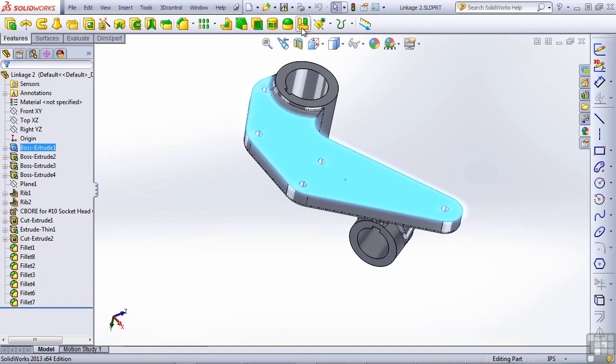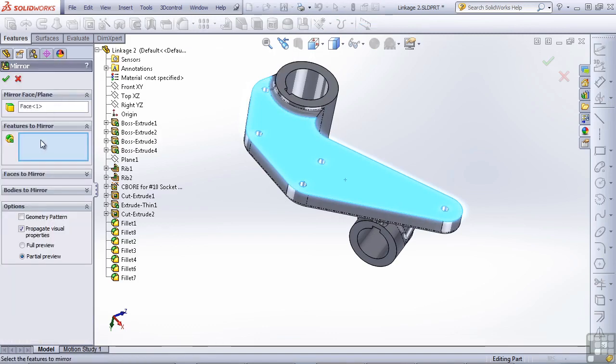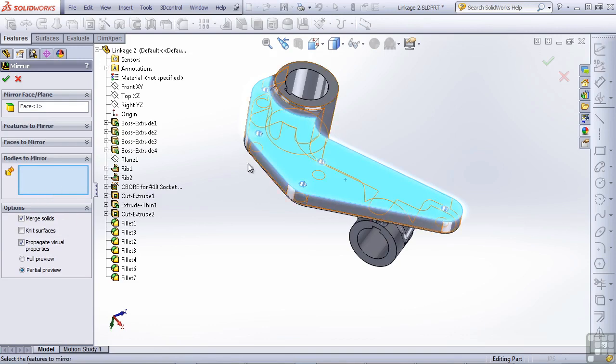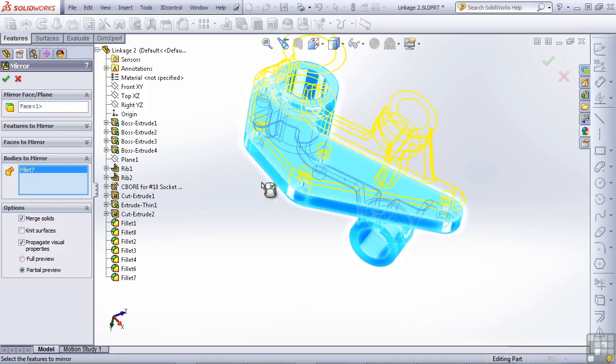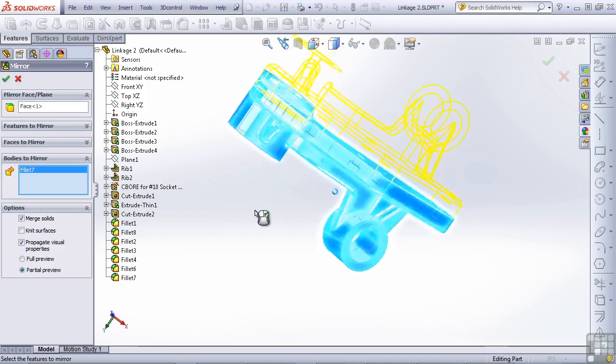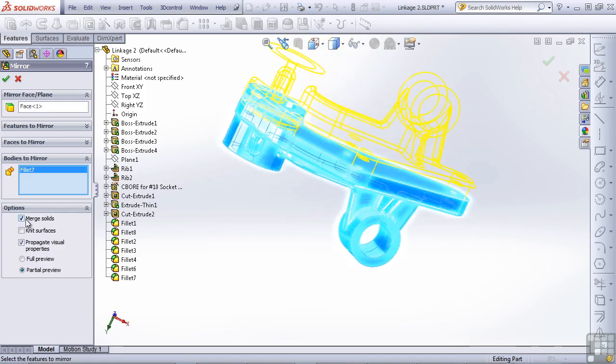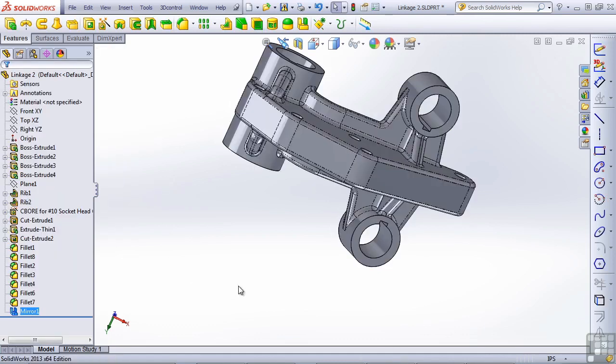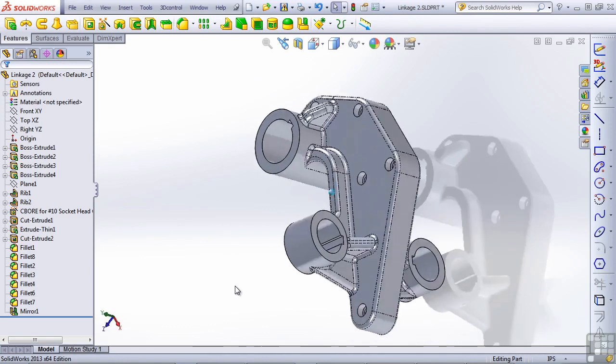So if we use the mirror command, and rather than features to mirror, let's select bodies to mirror. I'll just go ahead and select anywhere on this body since it's the only body in the SOLIDWORKS file. Make sure that the Merge Solid option is turned on. That will join the mirror and the original together into a single solid. And then click the green check. So this mirrors the entire part,